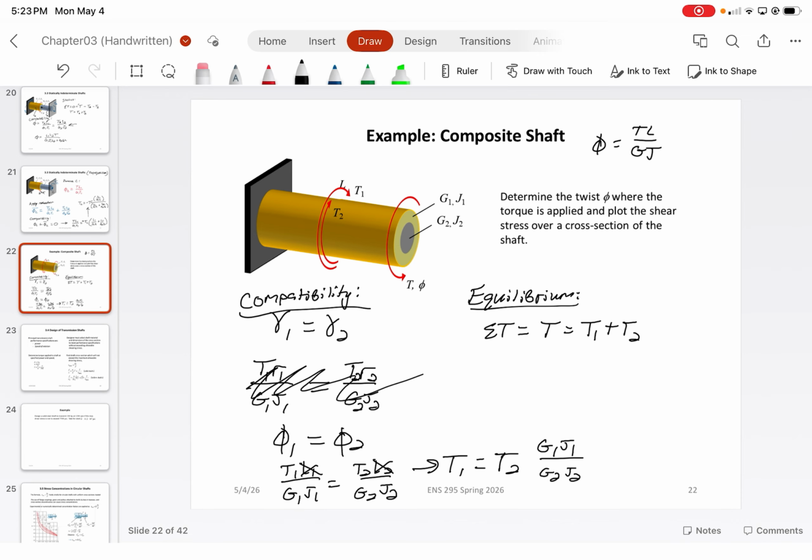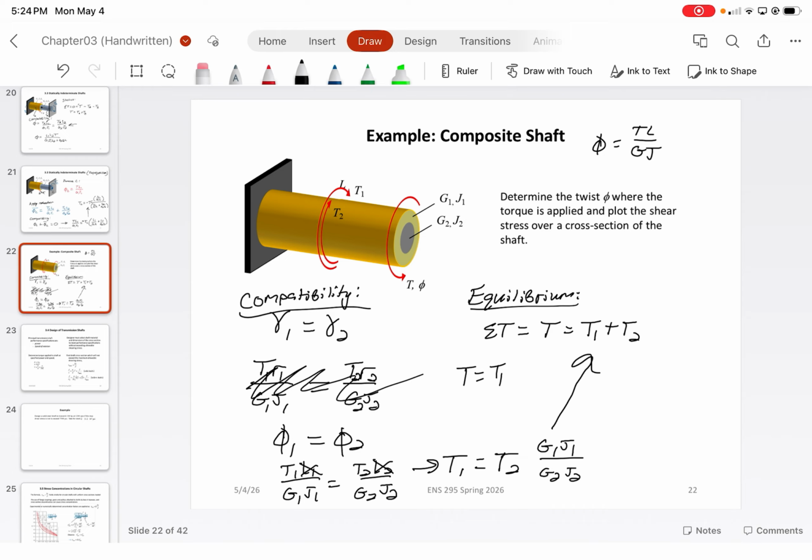And that basically gets rid of the need to use that, because we don't want to have that radius term, because that's just going to complicate the problem a lot more than it honestly needs to be. All right, so the angle of twist needs to be the same. Then from there we could just plug it back into the equation, and then we would be able to solve for the total torque T1,